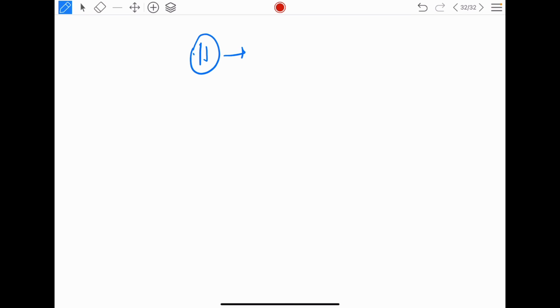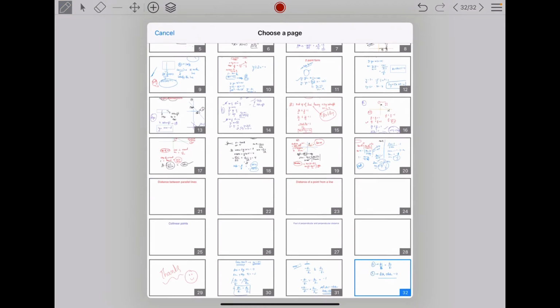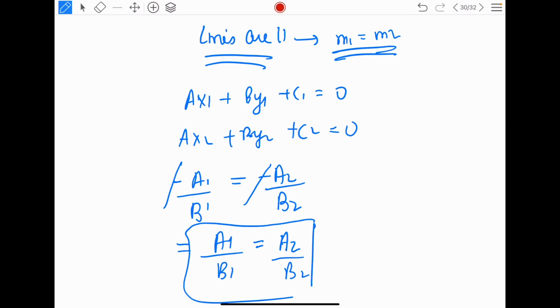That means for parallel lines the condition is a1 by b1 is equal to a2 by b2. The ratio of the coefficients is the same if lines are parallel. If lines are perpendicular, then a1 a2 plus b1 b2 is equal to 0. The sum of the products of the coefficients is 0 if the lines are perpendicular. You use this when your general equation is given and the slope is not given. If the slope is given, then you can use the slope condition. The derivation of these conditions is done simply using the slope condition only, just that we are taking the case of the general equation.